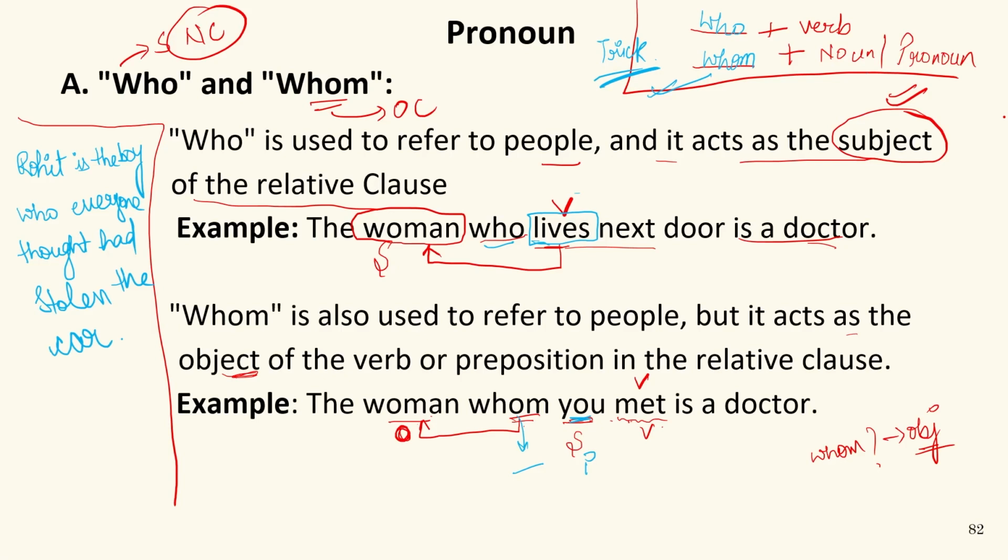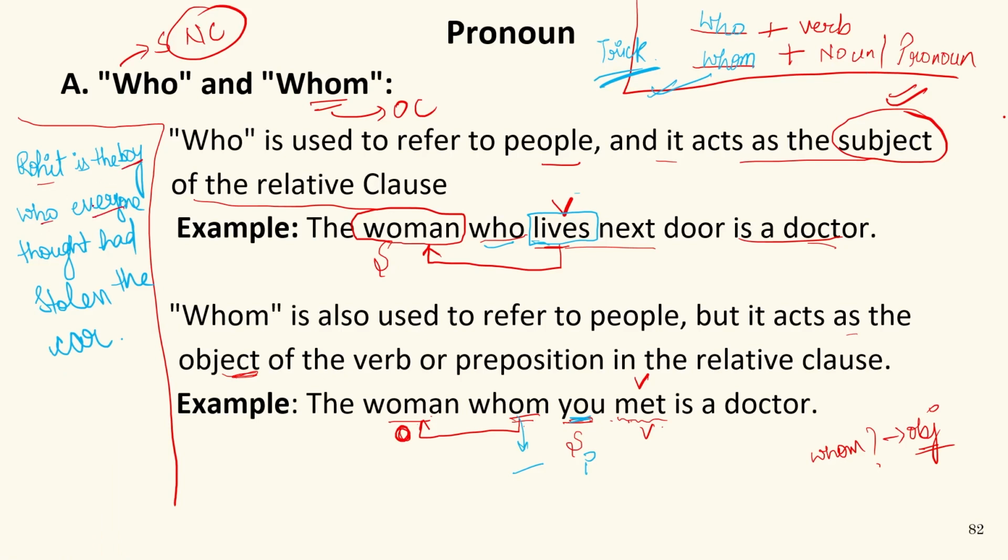Now we have already learnt about subject and object. We know well that who is a subject. Subject is a person who performs the action, and object is a person or thing that receives the action. These two things must be very clear to all of us. If we know the difference between subject and object, the concept of who and whom becomes very easy. For example, if we look at the sentence, here it is written, Rohit is the boy